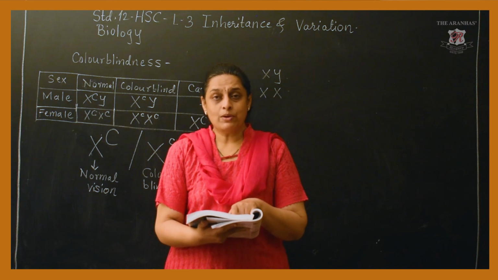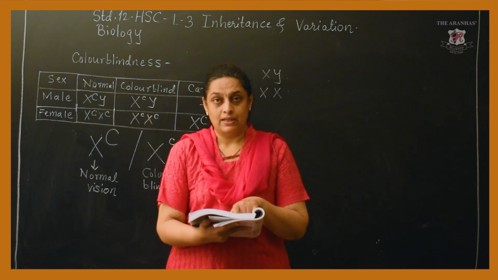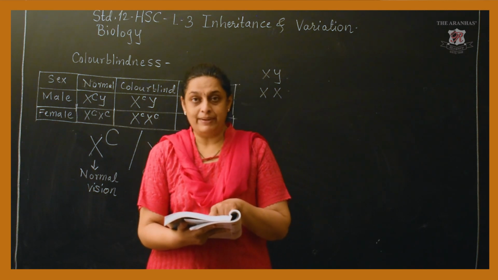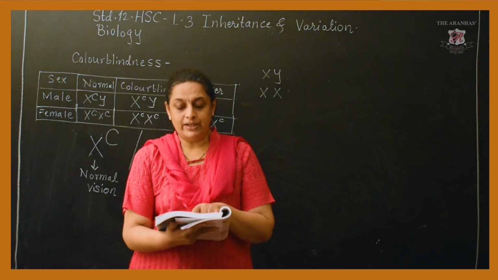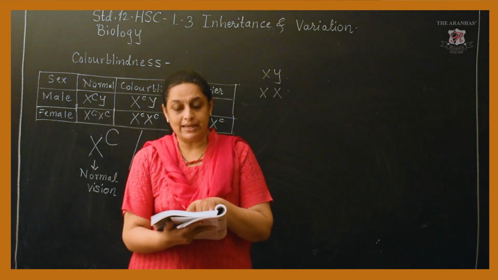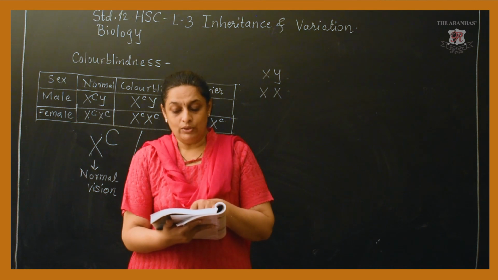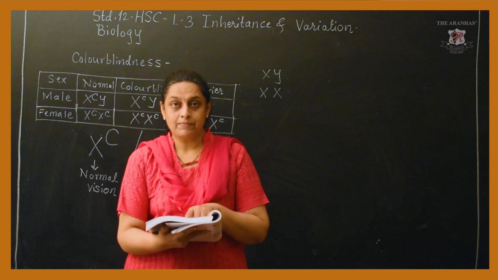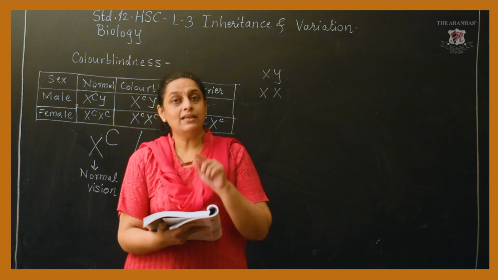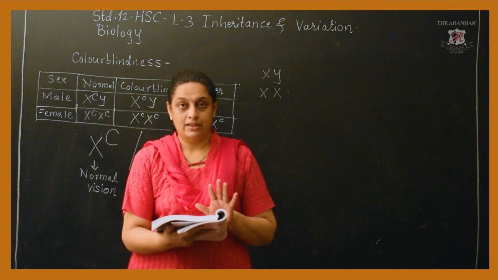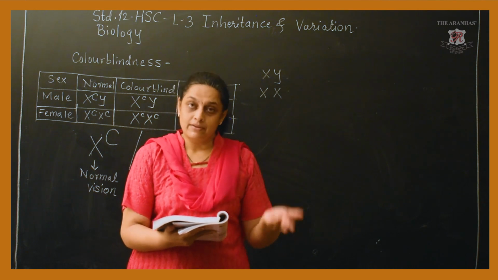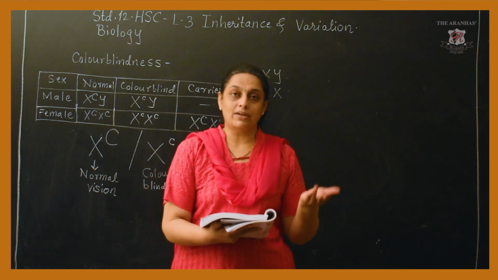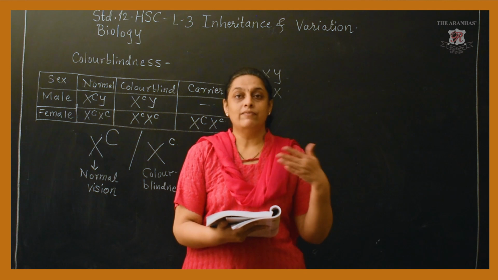So the Y chromosome from the second gamete, when it fertilizes with the female gamete, now these female gametes are having the normal vision gene, and that is why the son gets normal vision, whereas a female child, that is a daughter who is born, will be a